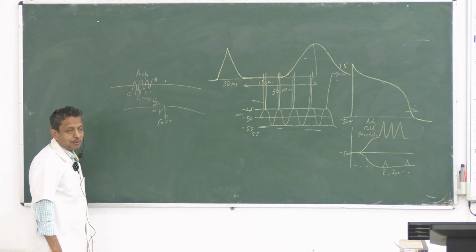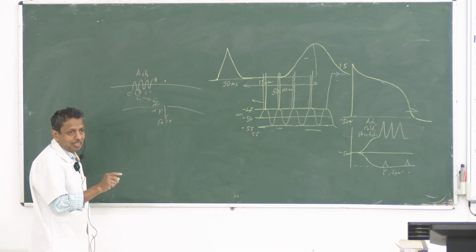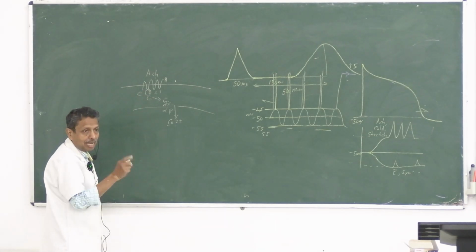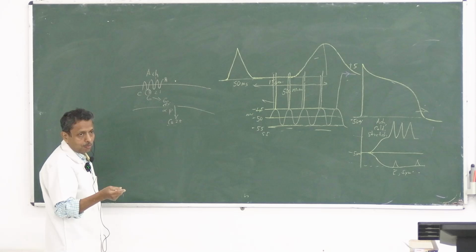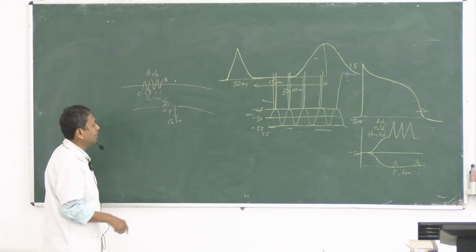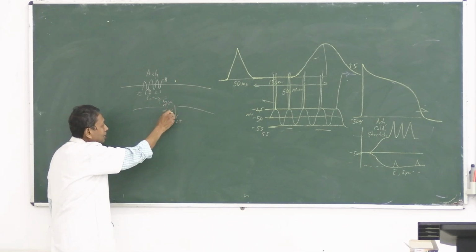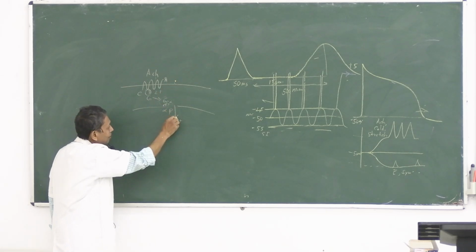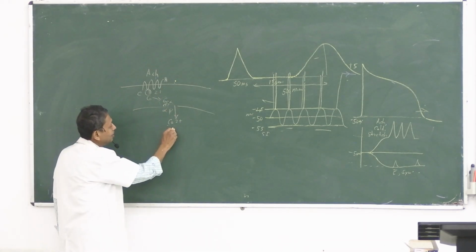G protein: alpha, beta, gamma, G alpha. Normally it is bound with GDP. When this activity is there, the GDP is replaced by GTP, and it will separate. And ultimately this Gs alpha GTP unit causes the entry of the calcium ion. Then the calcium ion will bind with calmodulin,